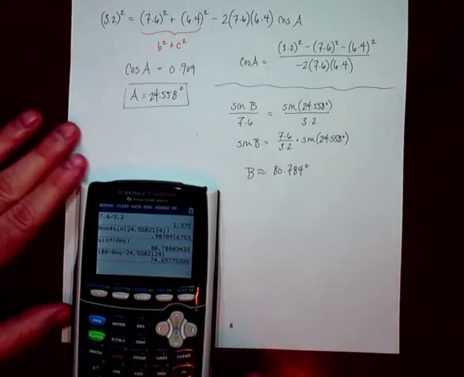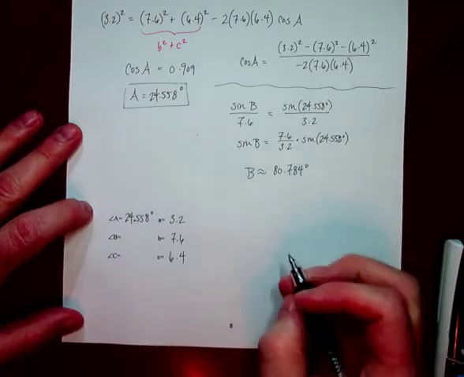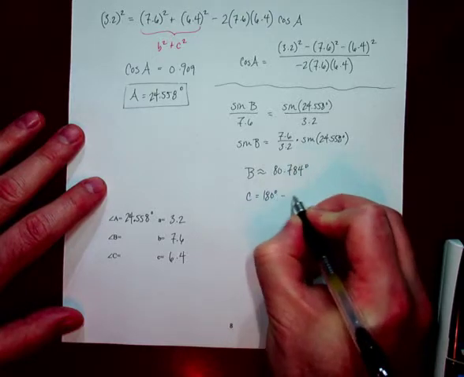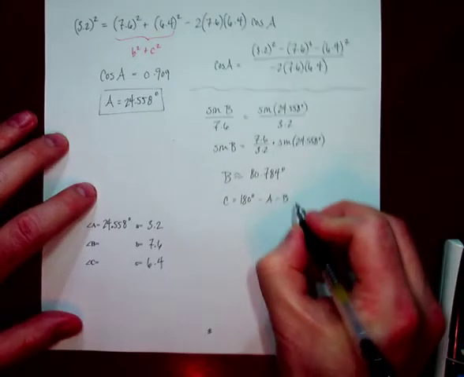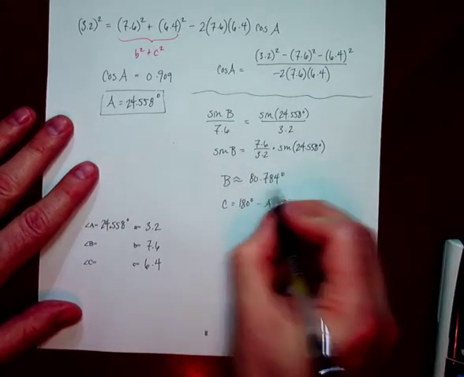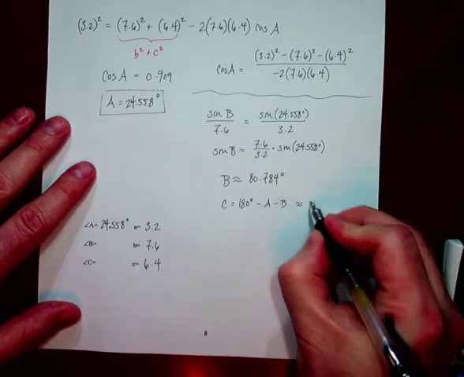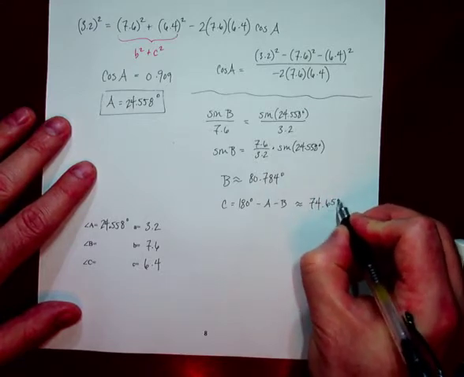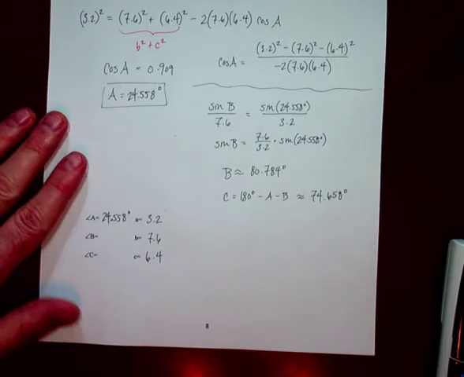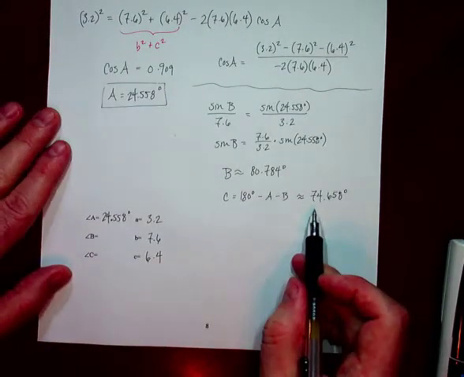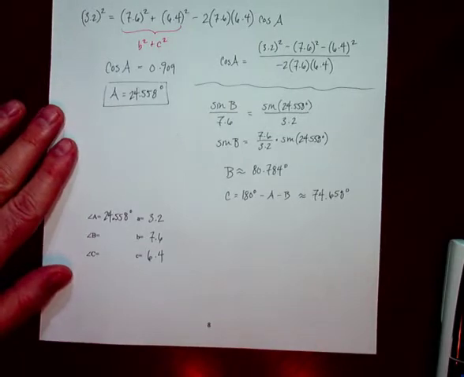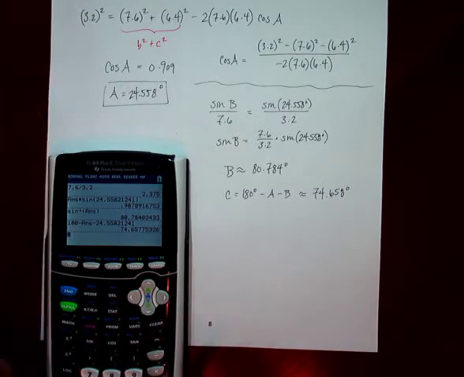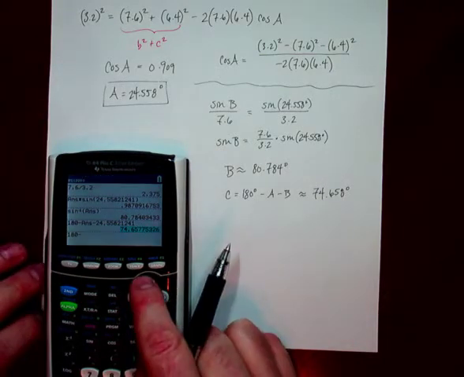getting 74 for C. C is equal to 180 degrees minus A minus B, and if I use this value right here instead of looking for its supplement, I'm going to get 74.658. And the question is, is that reasonable? Because the alternative is to get 180 minus this